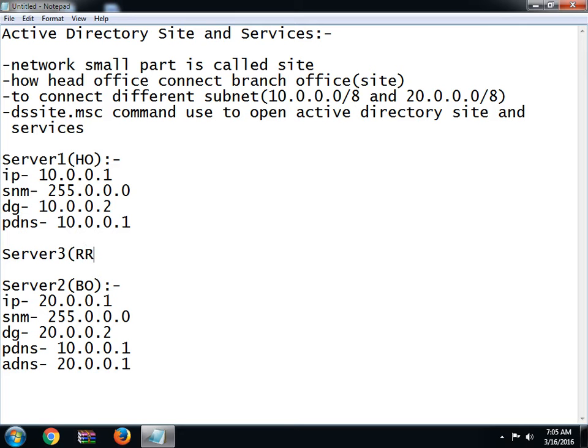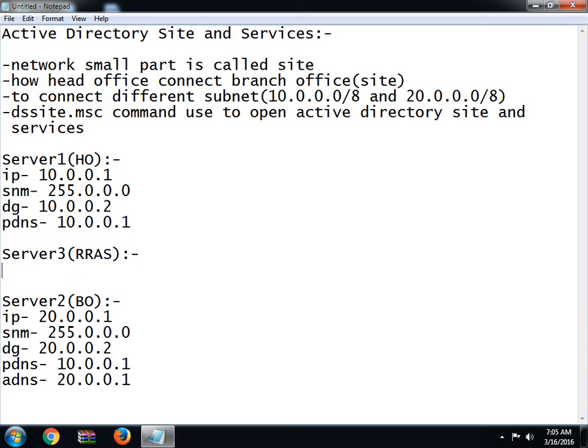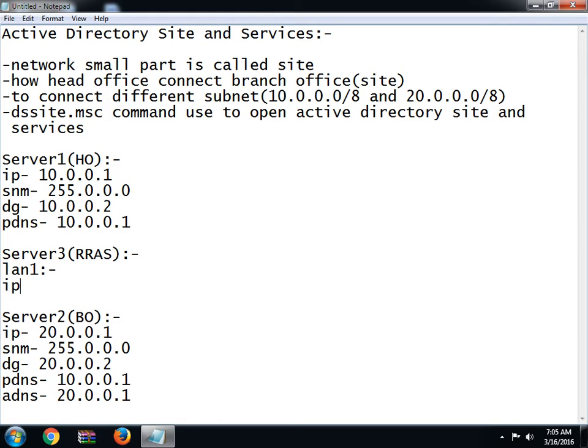In this server we have to configure RRAS so that both Server 1 and Server 2 will communicate. Here we have two LAN cards. LAN 1 IP address is simply 10.0.0.2.